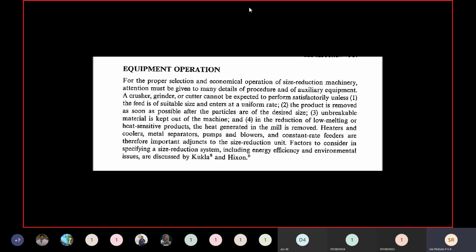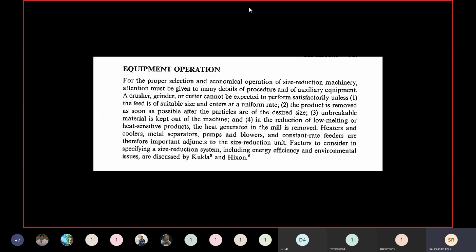We are supposed to inject into the system so that we will reduce the temperature of it. Heaters and coolers, metal separators, pumps and blowers, and constant feeders are therefore important adjuncts to the size reduction unit. So these are some of the auxiliary equipment which is needed. Sometimes we are supposed to heat the material, we are supposed to cool the material, and the metal separators are